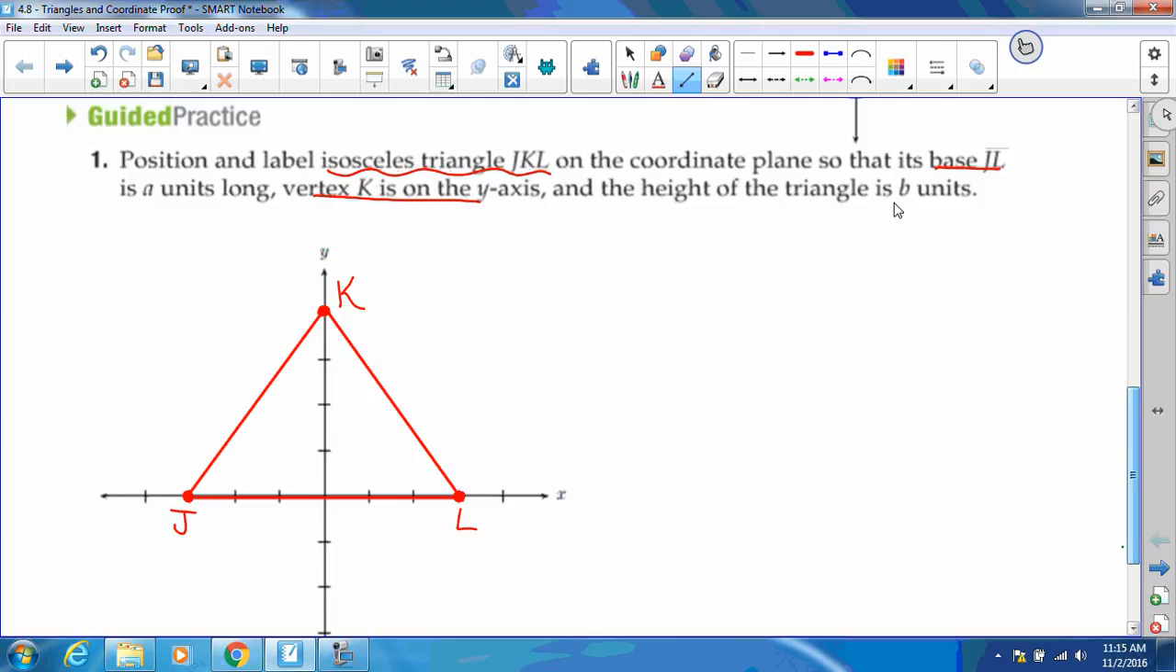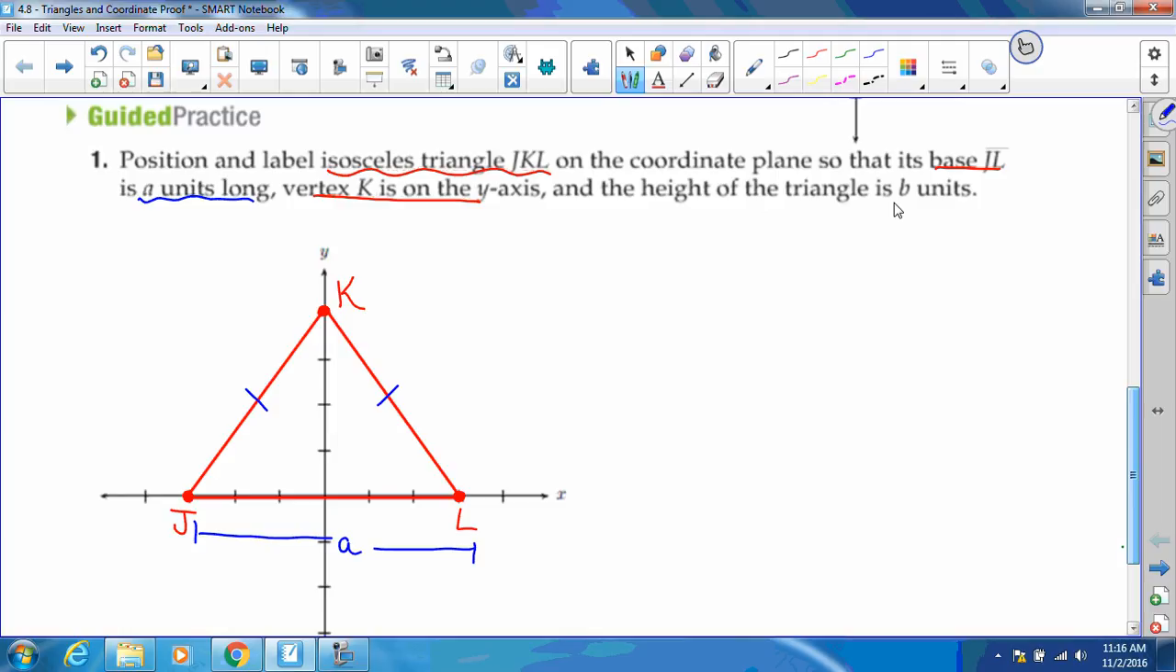Okay, so they told us this was an isosceles triangle, so let's go ahead and mark that those sides are congruent. Now, what they told us is that the base JL is A units long. That means this total distance is A units. And sometimes it's helpful, that's what I was saying on the other example, sometimes it's helpful to think about this